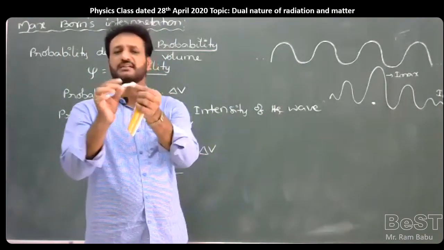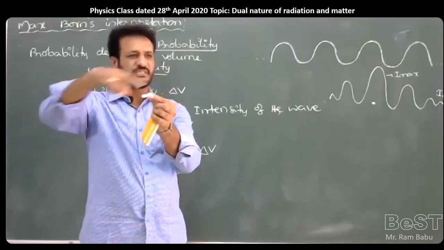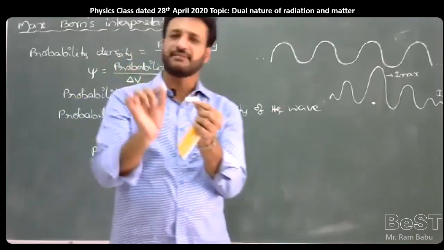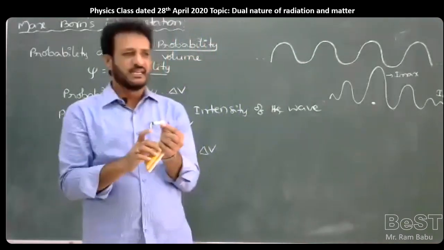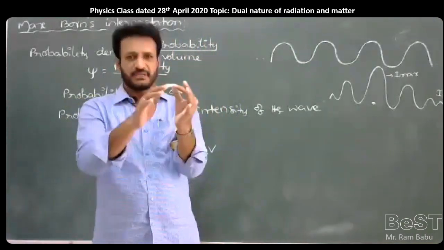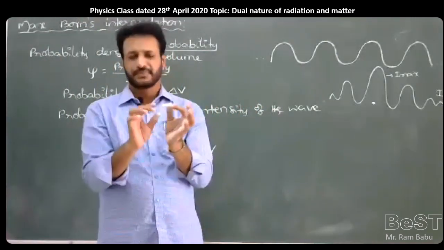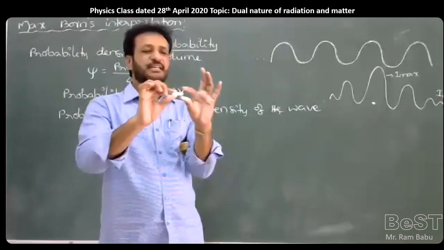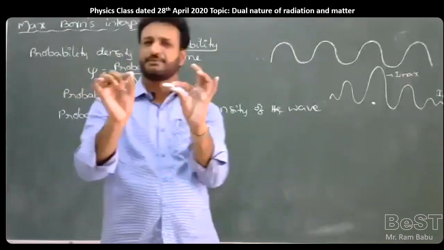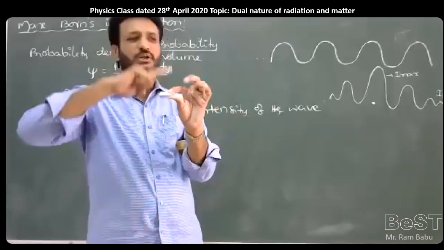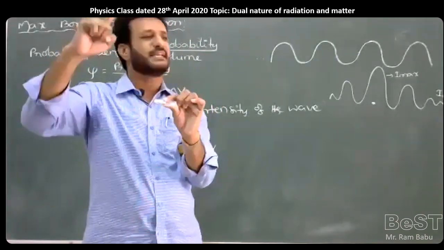So around the electron there are a number of waves associated, according to de Broglie, and those waves are called matter waves or de Broglie waves. For example, in this space or vacuum, there is a possible position of the particle. Around the particle there are a number of waves, but all the waves have a maximum intensity.